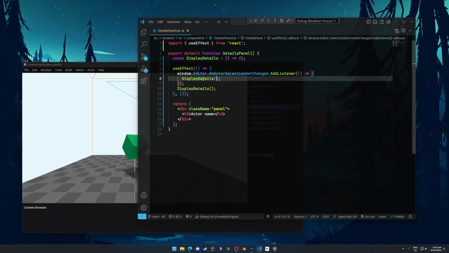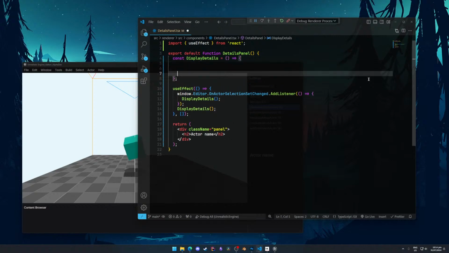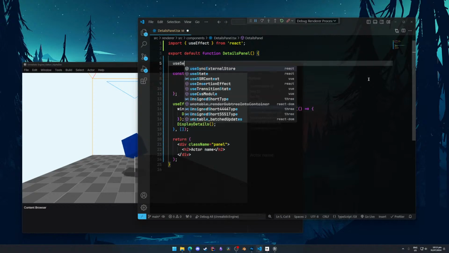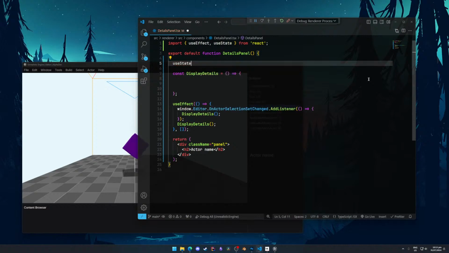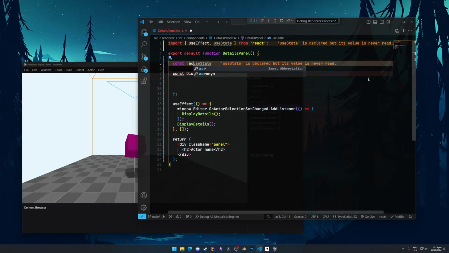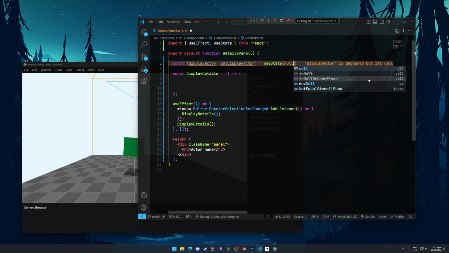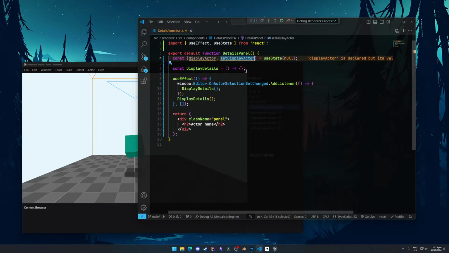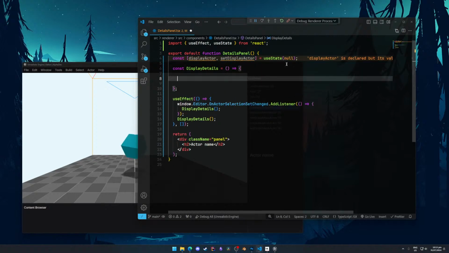So display details will run, which means useState, const display actor, set display actor, null, and now in here we can set display actor to be